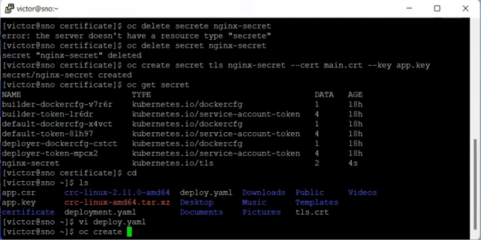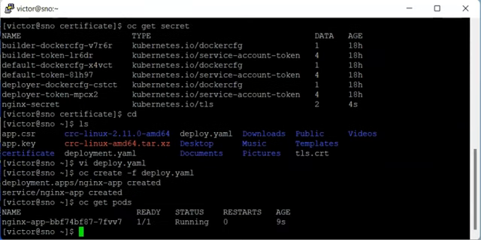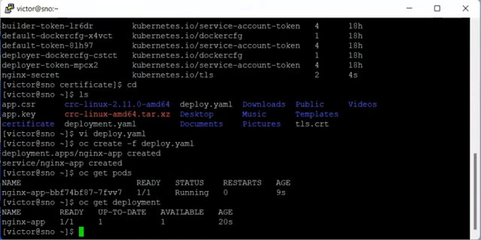I can create and deploy. So I can deploy this or create this. So I'm going to say oc create -f deploy.yaml. So you can see that I have both deployment and service being created. If I say oc get pods, it's already running. And if I say oc get deployment, I have the deployment running. And if I say oc get service,